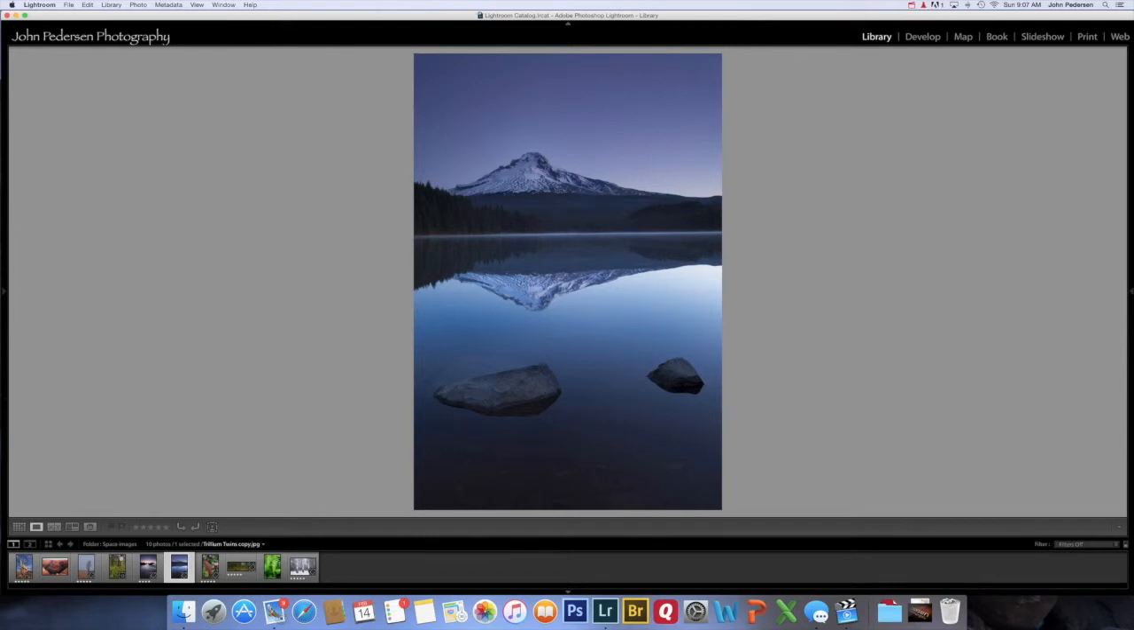This next shot, Mount Hood, Trillium Lake, is a very common shot. You see it a lot. But here's another example of using space. These two rocks and the mountain are really the focal point of this image. Having enough space between here and the edge of the frame, here and the edge of the frame, enough space between here, enough space between here, and enough space between here